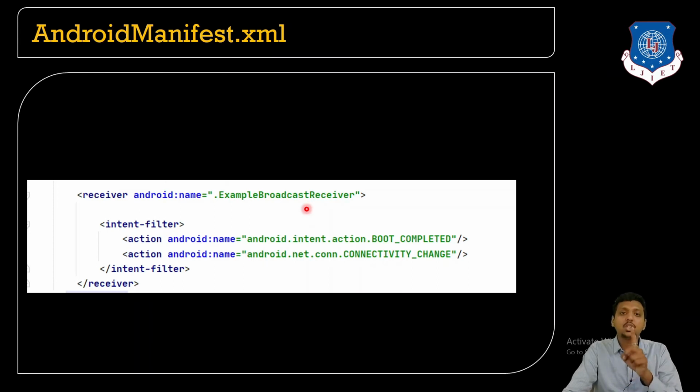So first you need to create a broadcast receiver example class that extends BroadcastReceiver and then register itself over here. Okay, so intent filter, obviously we are going to use the intents over here. Inside that you need to write down the actions. Which actions do we need to register over here? One is boot completed, second one is connectivity changed. So action is equal to android.intent.action.BOOT_COMPLETED and android.net.conn.CONNECTIVITY_CHANGE. So I have registered both the actions over here in the intent filter.